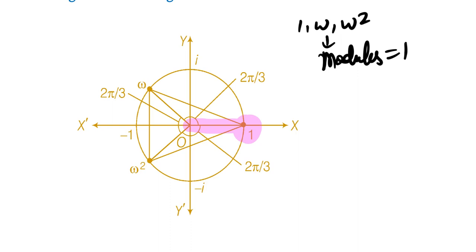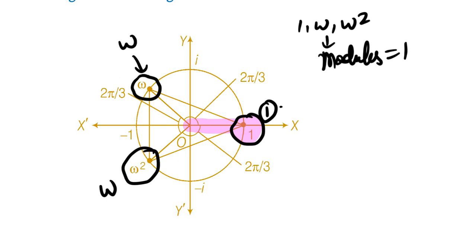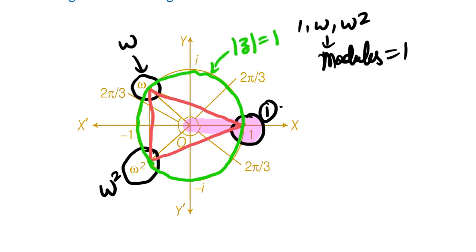over here, this point is omega, this point is 1, and this point is omega square. If we join these 3 points, we get a triangle, and all these 3 points are lying on the unit circle. We are talking about mod of z is equal to 1, this circle; they are lying on this circle,